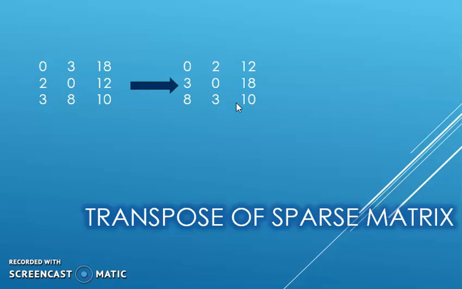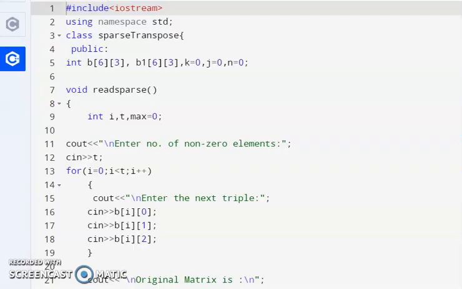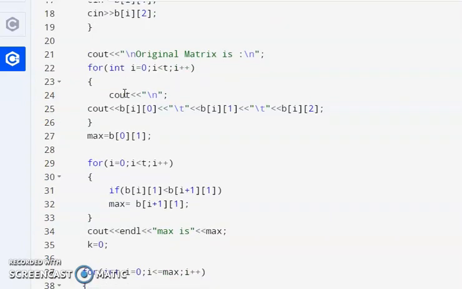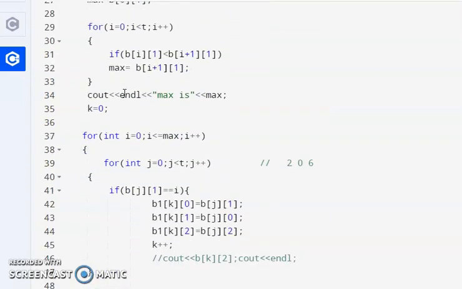Okay, so now we will be discussing the implementation of this sorted transpose of a sparse matrix using C++. Like any C++ program, my C++ program begins with a class. The name of my class is sparse transpose, and in the main function I have created the object for this sparse transpose class and called different methods implemented in it. So I have here read sparse, then I will be displaying my matrix, and finally I will compute the transpose of the matrix. Starting one by one,